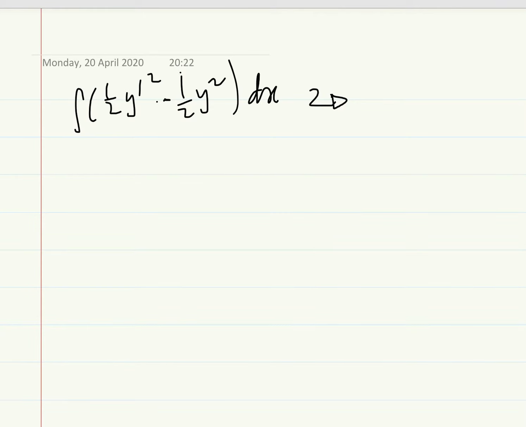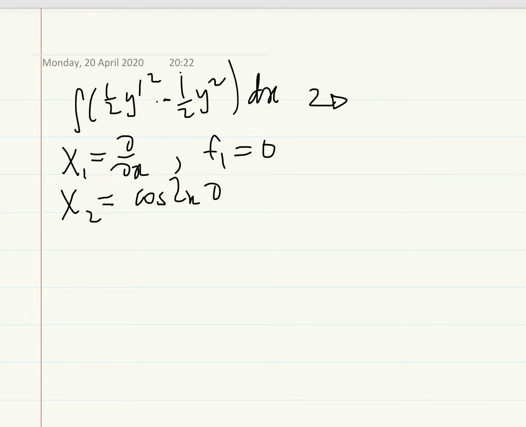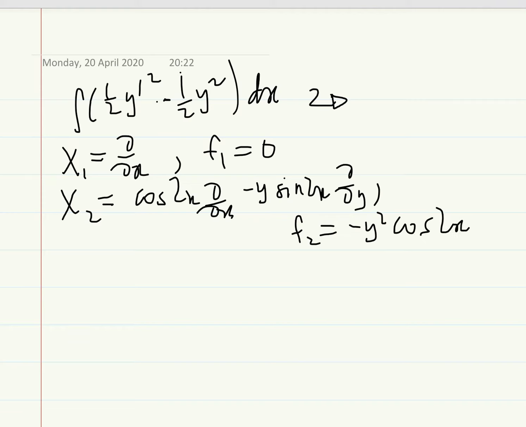last time. So we got x1 say equals d dx, and that came with the gauge term 0. Then if we chose b equal to 1, we got x2 equals cos 2x d dx minus y sine 2x d dy, and the corresponding gauge term there was f2 equal to minus y squared cosine 2x,